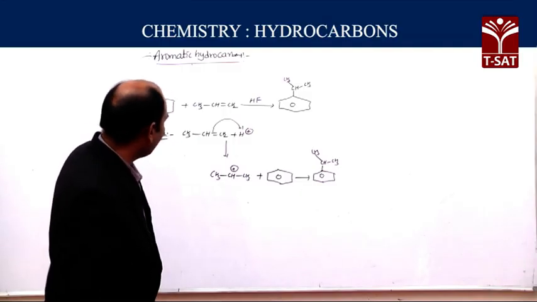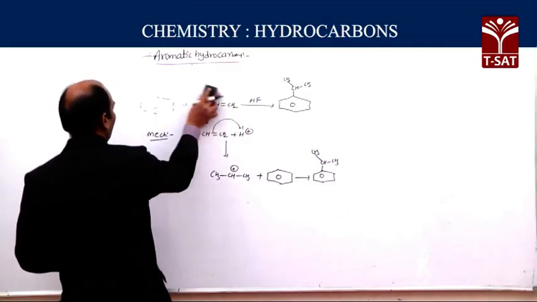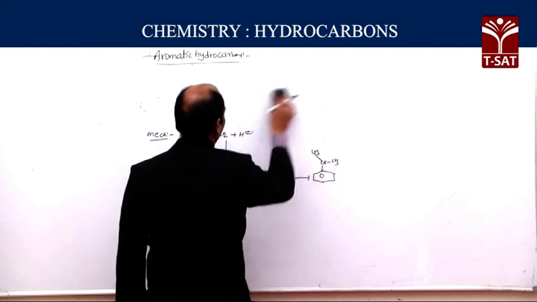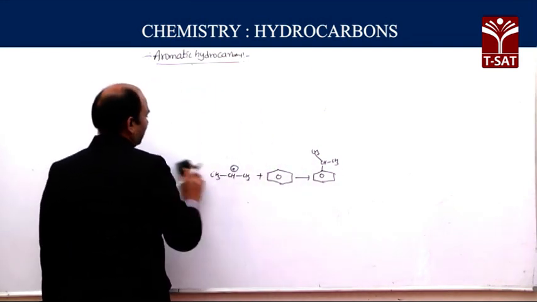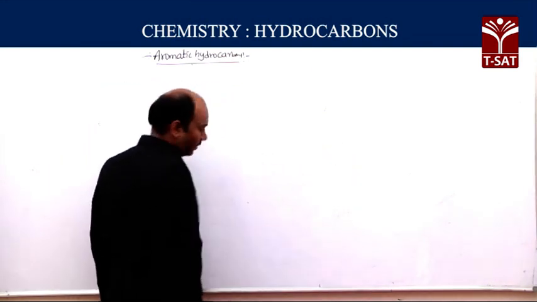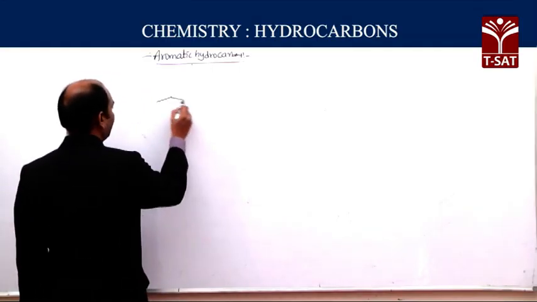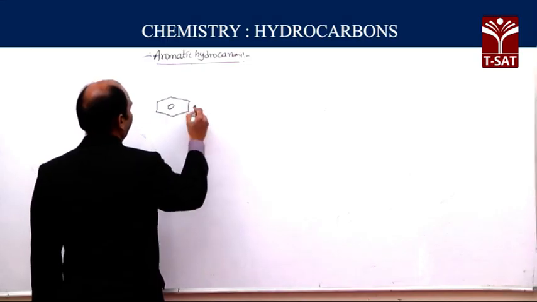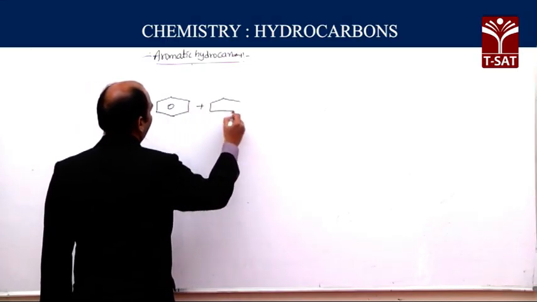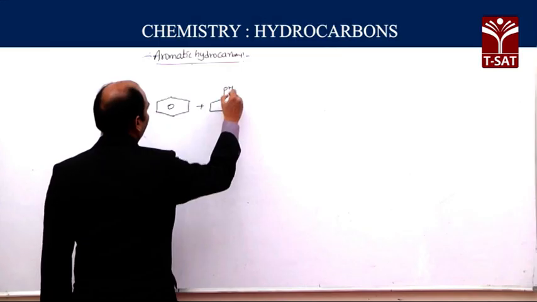Sir, what happens if we use alcohols? Yes, we can also use alcohols, 100%. Alcohols are also used for Friedel-Crafts alkylation. Now see here, this is benzene. Now this is treated with cyclopentanol. This is treated with cyclopentanol